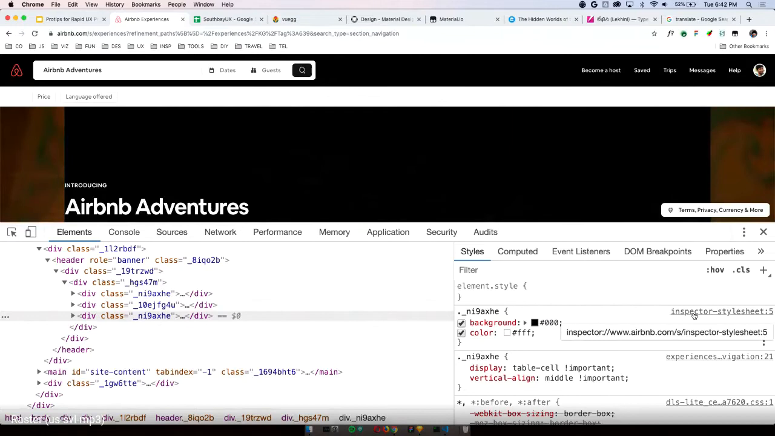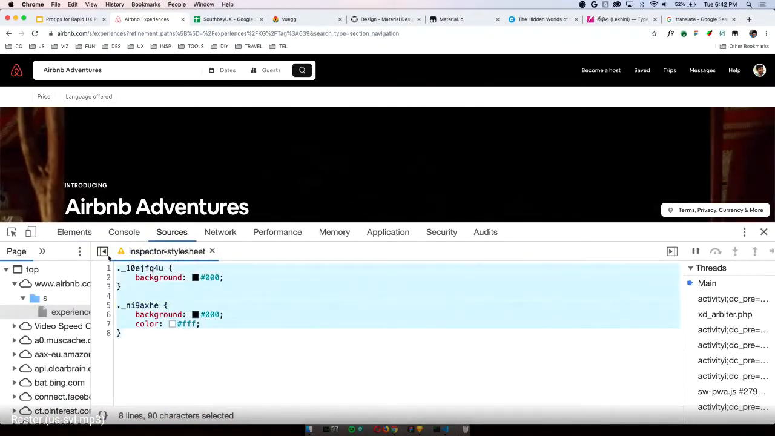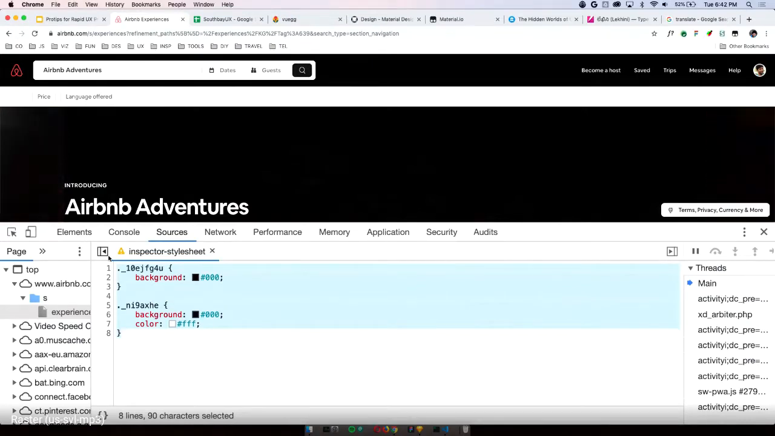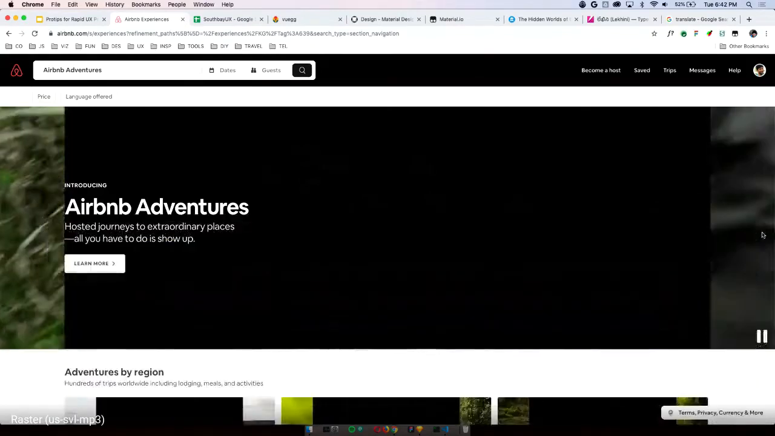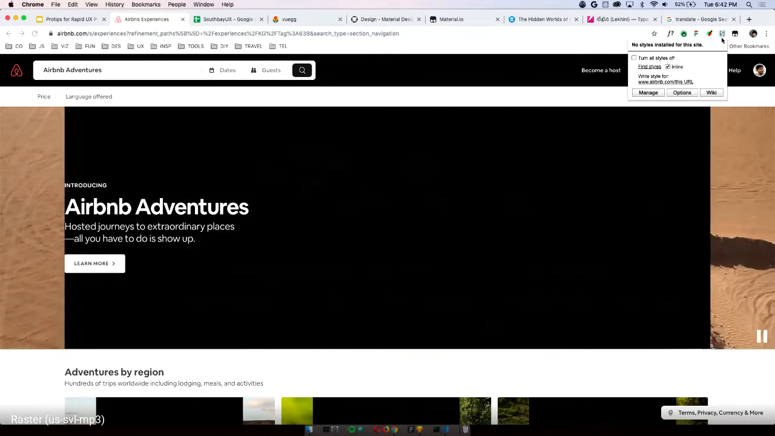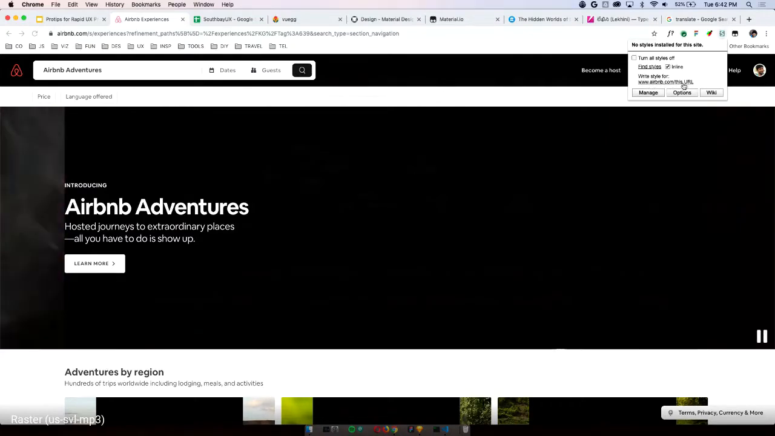If I click on Inspector Style Sheets, all my changes will be stored here, right? I can copy these changes. Now I know what I want. I can copy these changes. And I already installed the plugin called Stylus, which is this. So you can click on that little thing, and it actually opens up saying, write styles for this